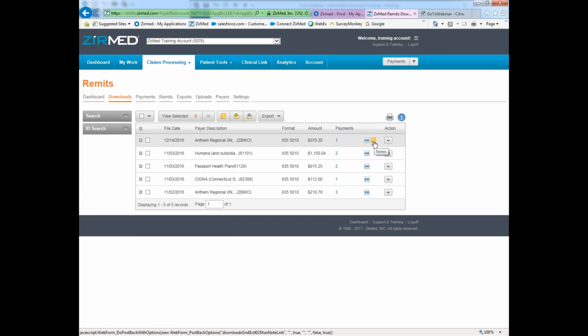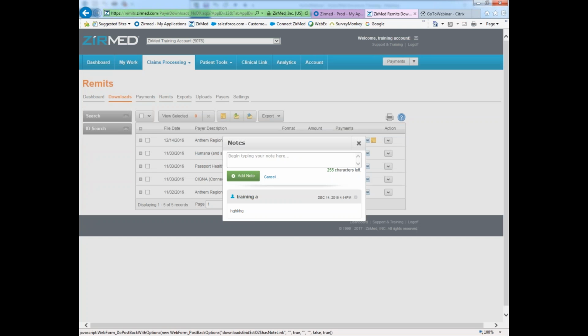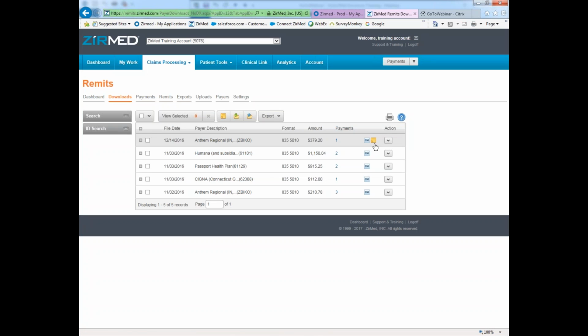And this is a note icon letting me know that there's a note already out there, which is a little gibberish note, but you can at that point click that to add a new note or come over here to notes. Now when I'm ready to actually auto post this payment, I'll glide to action and click download. When you click download,